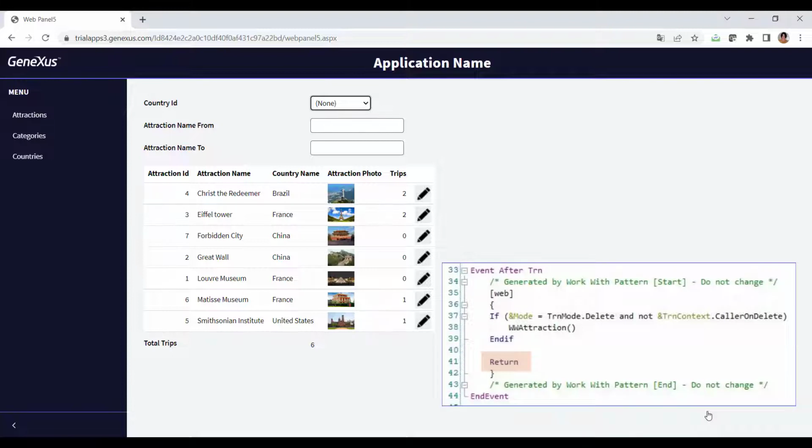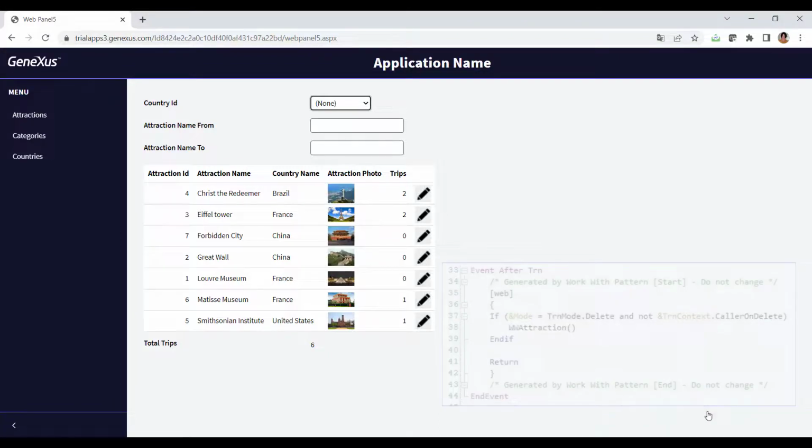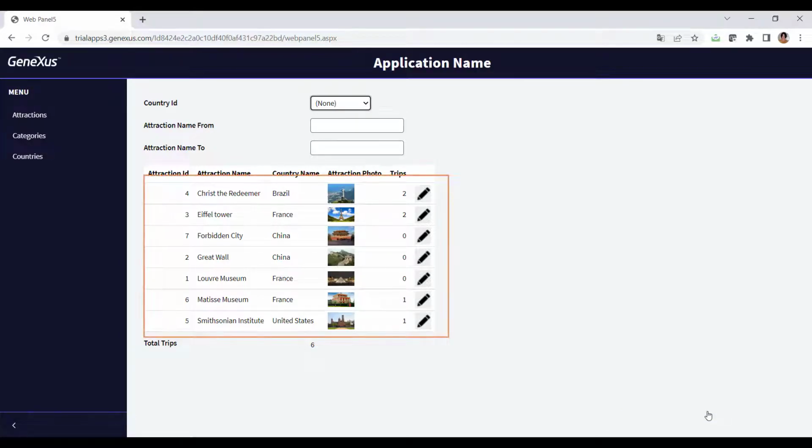This return command is similar to invoking the web panel for the first time, so the start event will be executed in it, followed by the refresh and load events as many times as the number of records that will be loaded. That's why, when returning, all the attractions are loaded without any filters, because the variables will naturally be empty when this panel is run again. Do we have a way to preserve the status that the variables had before invoking the transaction? Sure, but it won't be explained here.